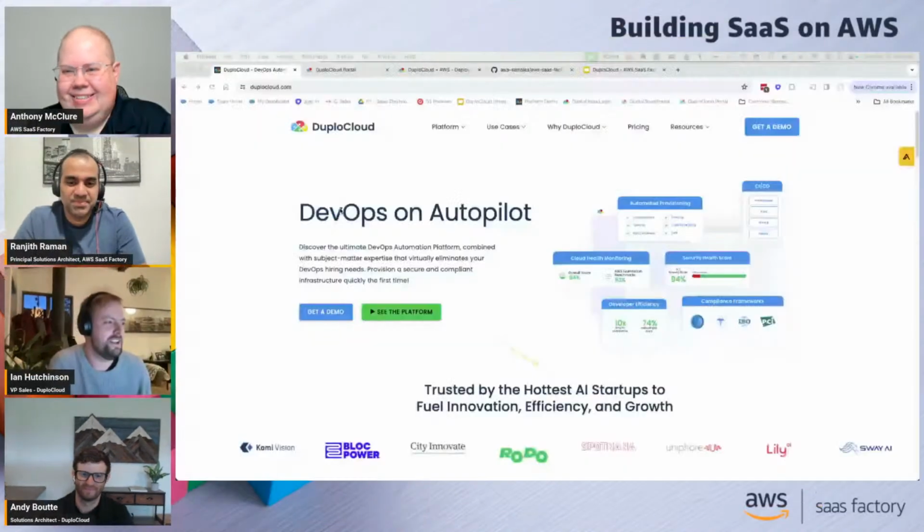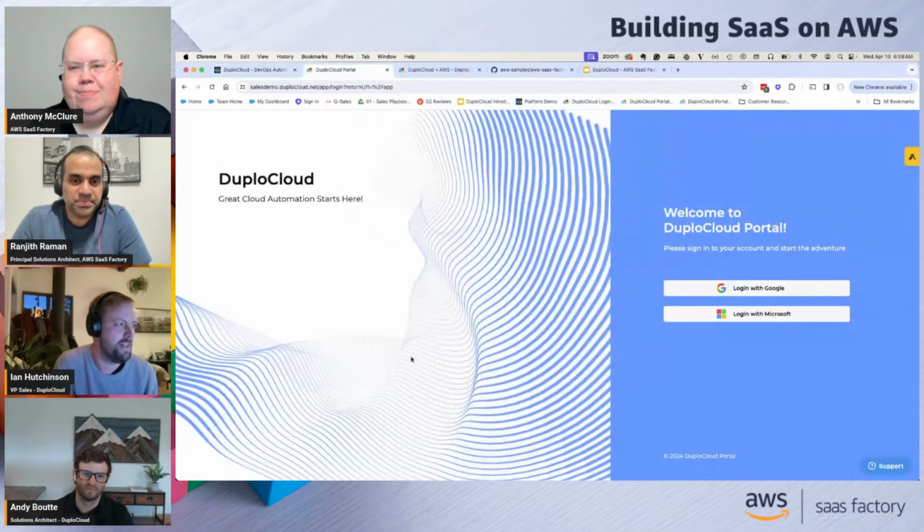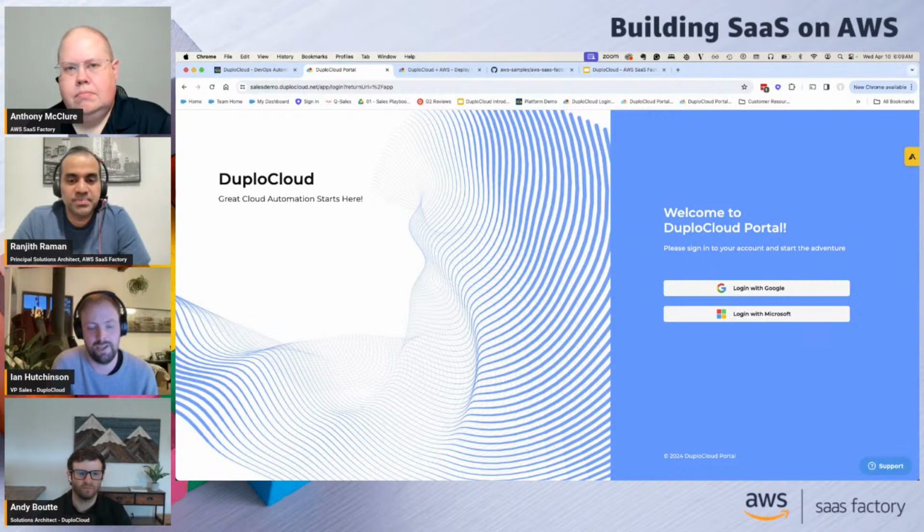It's single-tenant software. I'll actually give you guys a sneak peek now. We're going to do a proper demo later on, but let me share my screen, and it always helps to have a visual. Absolutely. So DevOps on autopilot is what you're going to see when you go to DuploCloud.com. There is a portal, but this all runs inside of our customers' individual AWS accounts. It's accessed through SSO, and both administrators and developers can use it to do all things DevOps.